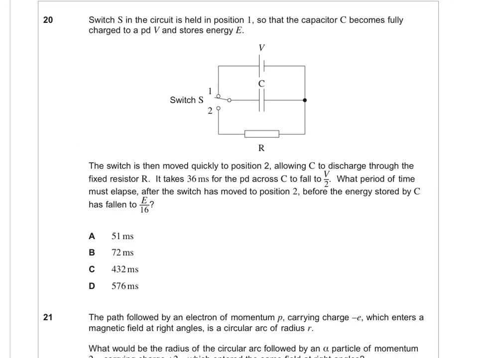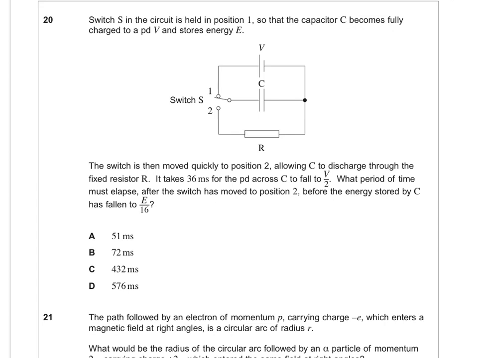A switch in the circuit is held in position 1, so that capacitor becomes fully charged to potential difference V and stores energy E. The switch is moved quickly to position 2, allowing C to discharge through a fixed resistor R. It takes 36 milliseconds for the potential difference across C to fall to V over 2. What period of time must elapse after the switch has moved to position 2 before the energy stored by C has fallen to